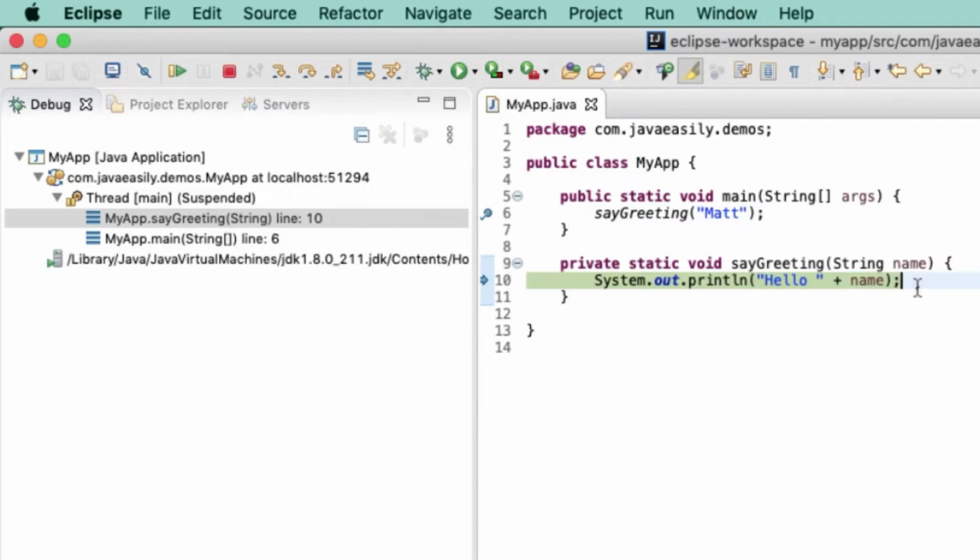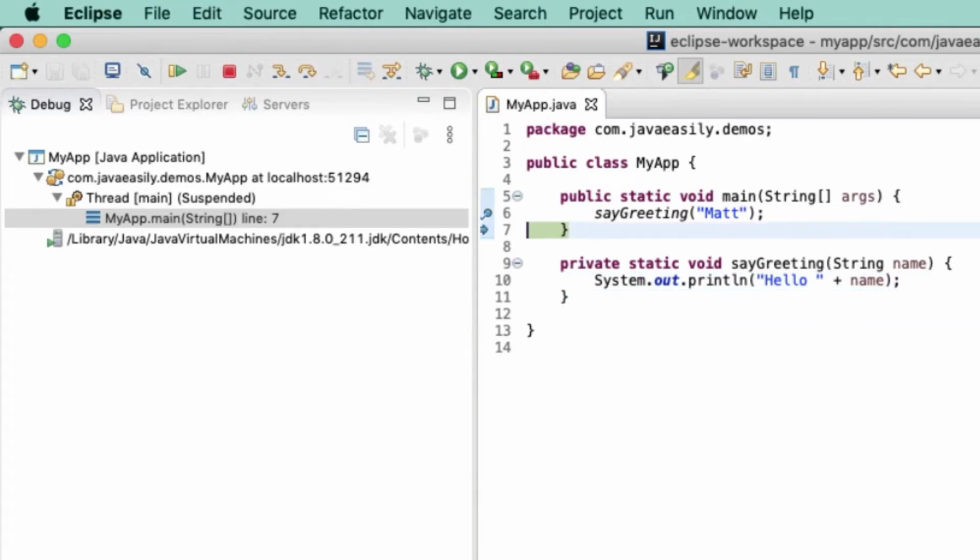So like before, when we stepped into the method, if we had a method we wanted to step into the code of, with F5, instead we can press F6 now, which is step over. So when you step over something, it just goes to the next line. So if we do F6 now, you can see it goes to the next line. Now if we do step over again, you can see it jumped out of that method because it finished that method. There's nothing else it needs to do there because it got to the end closing brace, that right-hand curly brace you can see there.